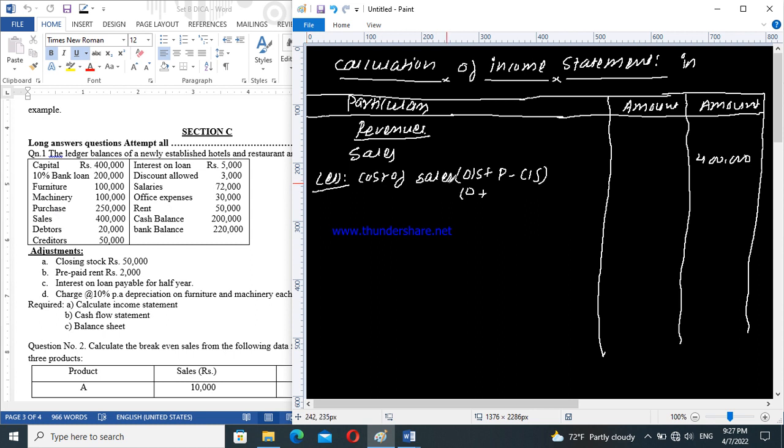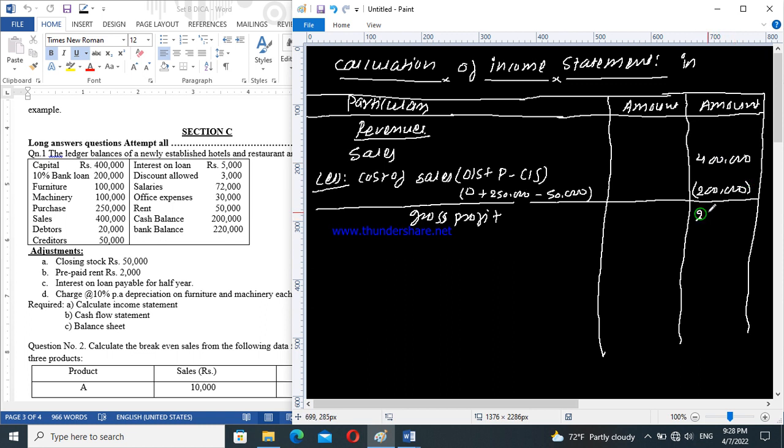Purchase, we have purchased 2,50,000, minus closing stock over here 50,000. Therefore, our answer is 2 lakh. The gross profit is equal to 4 lakh minus 2 lakh equal to 2 lakh, less